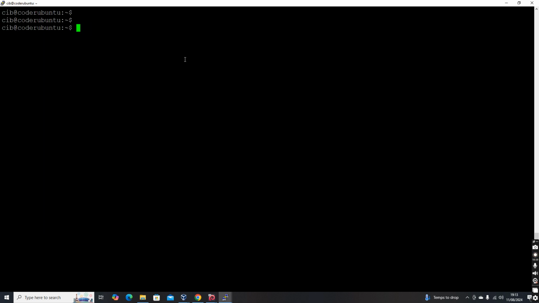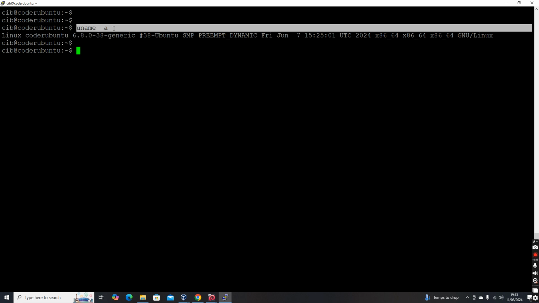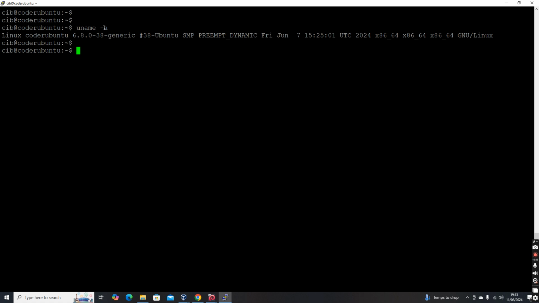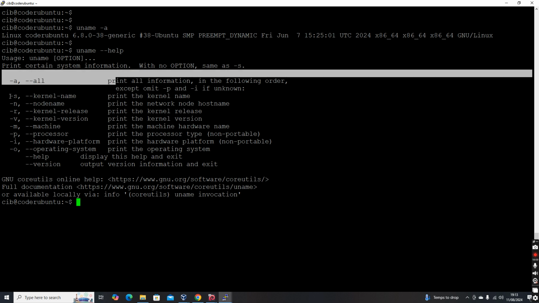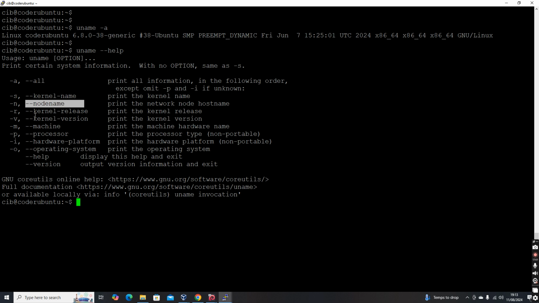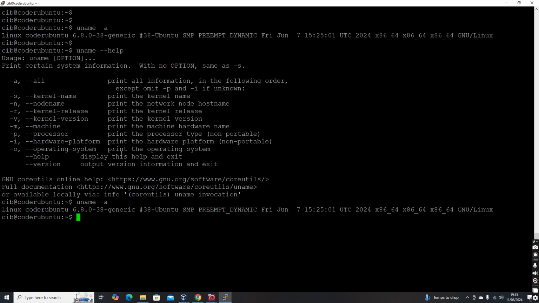First of all, there are some commands that will help us to get an understanding. Okay, so uname -a, this gives us some idea. There is a command uname, and -a will list. If you see help, -a means list all, print all information. There are -s kernel name, -n node name, kernel release, kernel version, machine. It lists a lot of things, and if you do just uname -a, it lists everything.